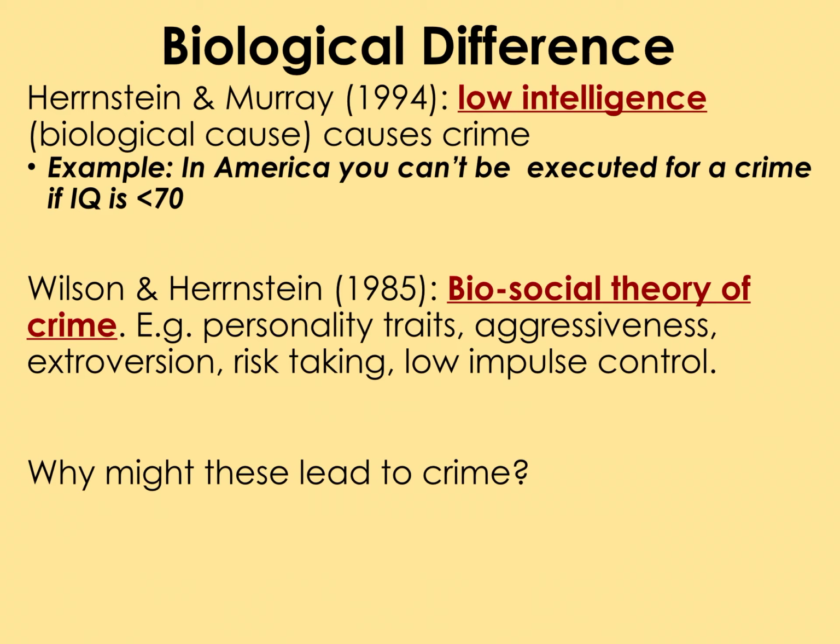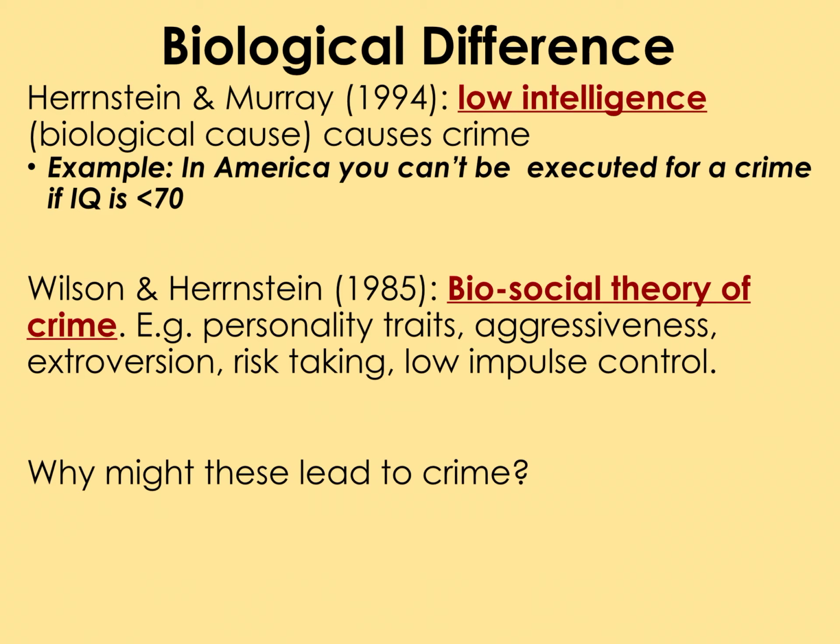The other theory from Wilson and Herrnstein is this biosocial theory of crime. The idea that certain people have certain personality traits that means that crime is far more likely to happen, okay? So they might be naturally more aggressive. They might have extreme levels of extroversion, be really extrovert and feel that they can get away with it. Risk-taking for the thrill of something, for example. And they could have low impulse control. So they might not think very rationally. They might think, I want it, I'm going to do it, I'm going to grab it without thinking through the